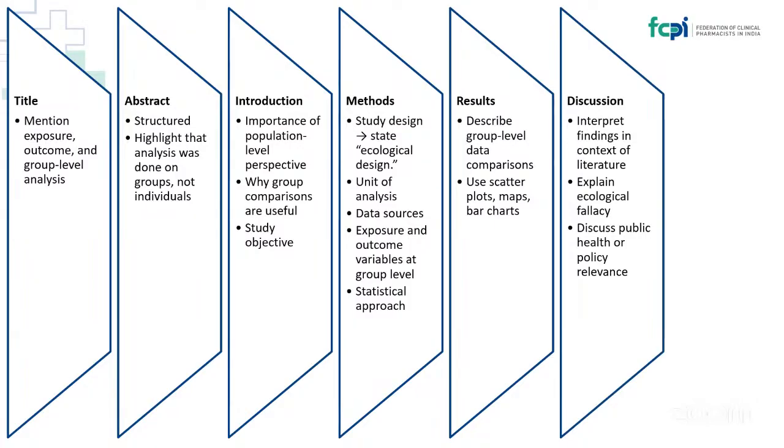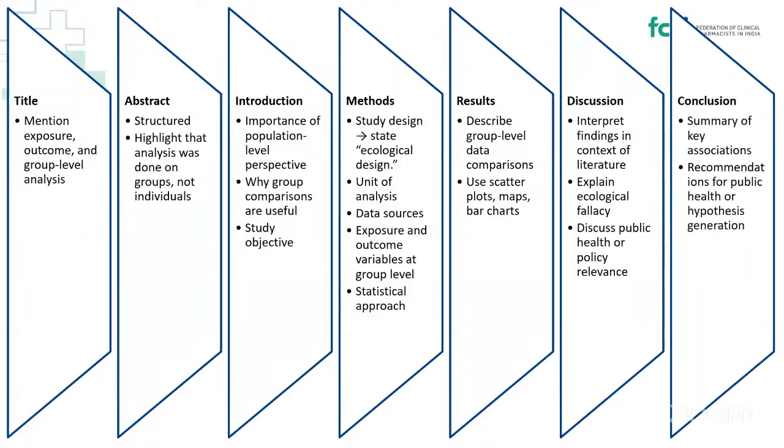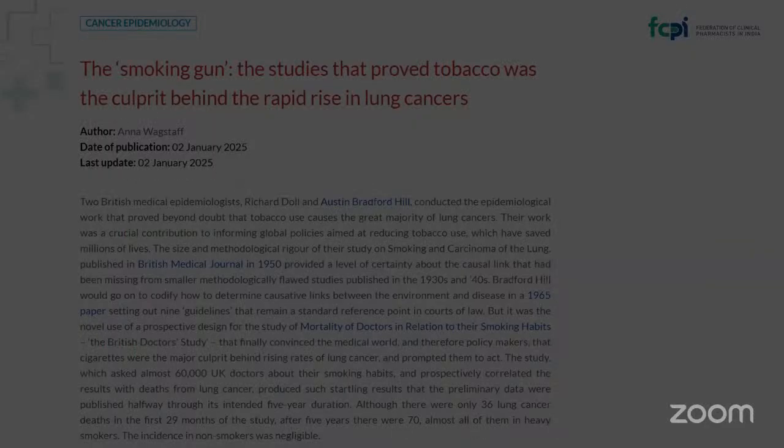You will have to compare your data with the previous literature, and you will have to explain the ecological fallacy also, that I've mentioned earlier. It's a limitation of the study, so it needs to be highlighted in the discussion section. And in conclusion, you will just state the recommendation for future studies. It can be used for future research. So this is the example